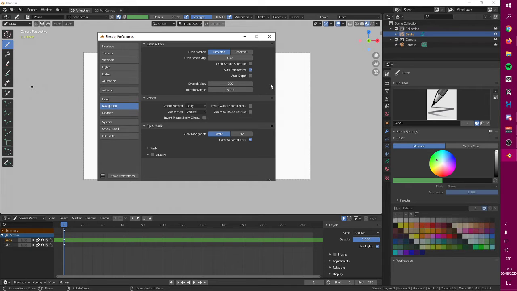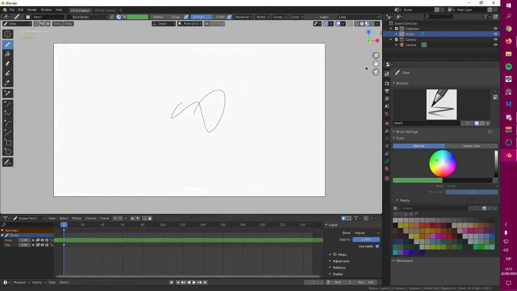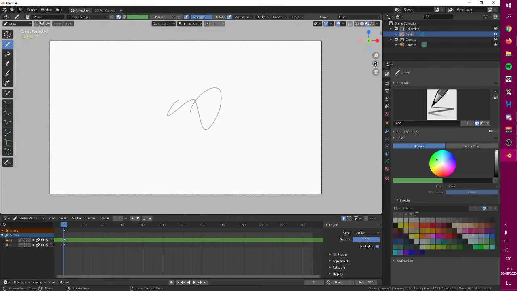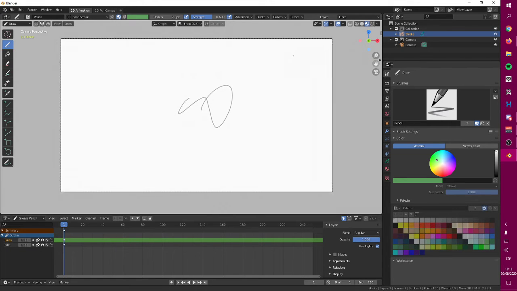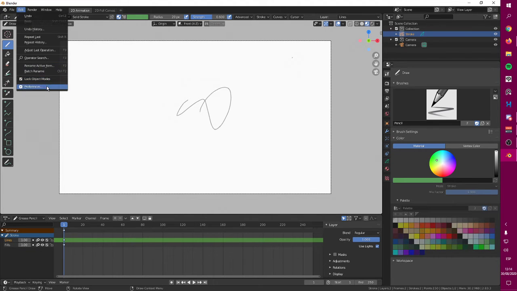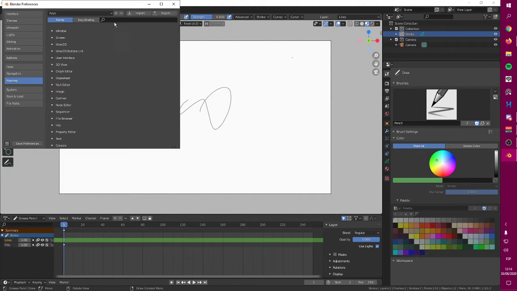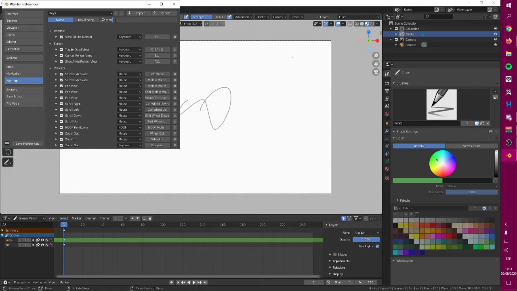I'm trying to look for the settings that will allow me to move the canvas around, like this one. So here it is, you can move this, and what I want to find is move the view. So now that I know move the view is the name that I'm looking for, I am going to Preferences, Key Map, and I'm going to look for move the view or view.